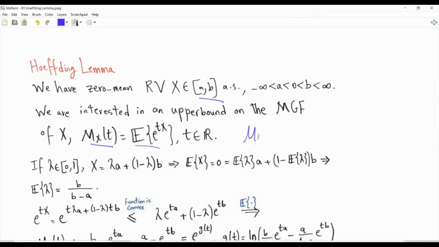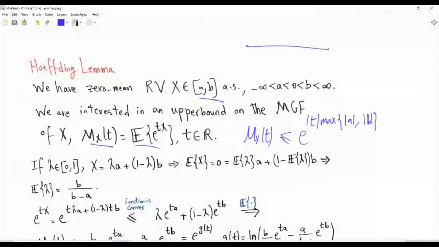Because the moment generating function here, you can upper bound it by e to the absolute value of t, times the maximum of the absolute value of a and the absolute value of b, right? So for a finite t, this thing will be finite in our case here. Typically, troubles are for random variables that extend from -infinity to infinity. Okay, so